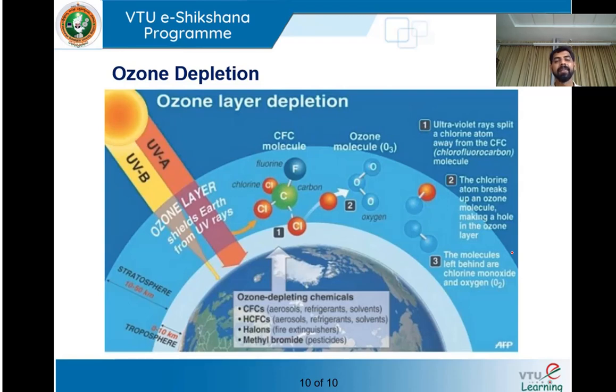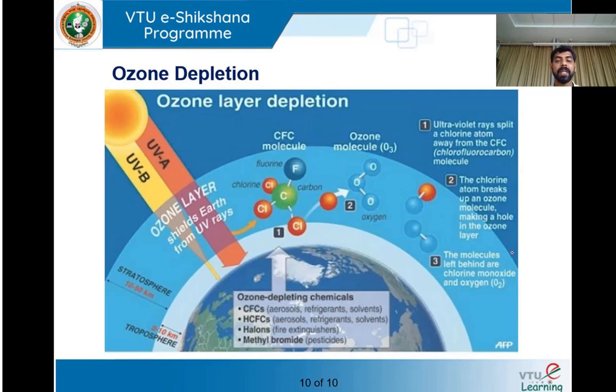Thereby it will not be able to block the ultraviolet radiation, and these ultraviolet radiations will reach human beings. So what are the disadvantages of this ultraviolet radiation? If you don't block it, it has a serious cascading effect on human health. If the ultraviolet radiation falls directly onto our body, this results in skin cancer and cataracts. It will destroy agricultural products. It will destroy the food chain. It will reduce the reproductive rates on the earth. So these are the cascading effects. Why is it happening?